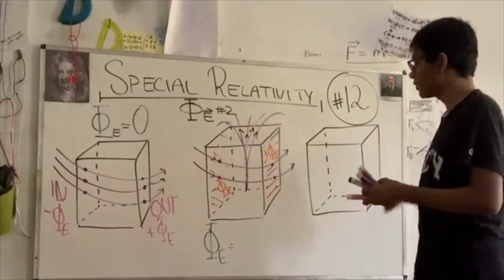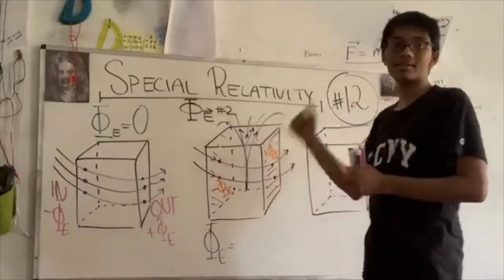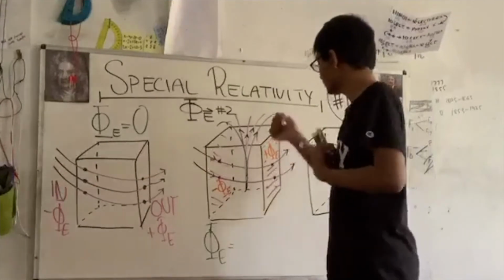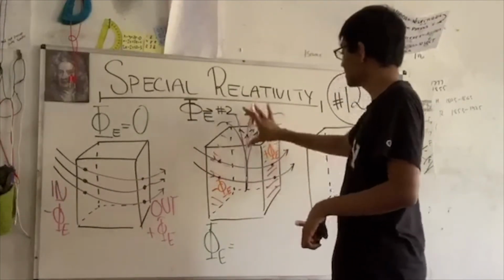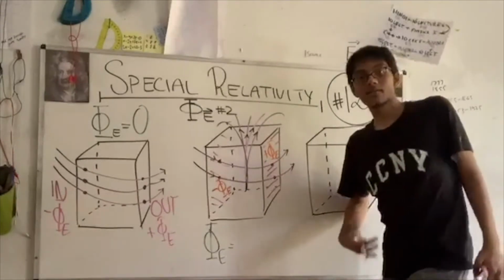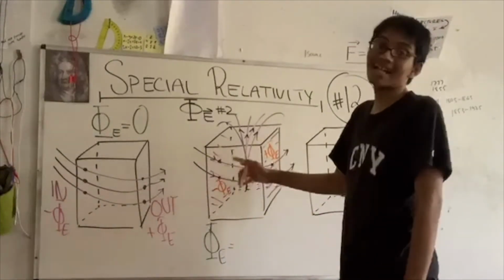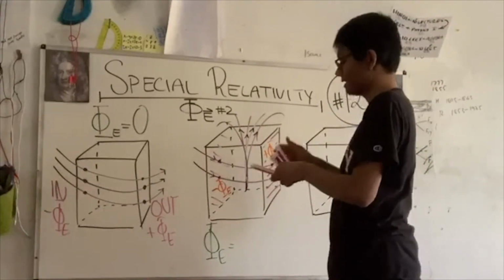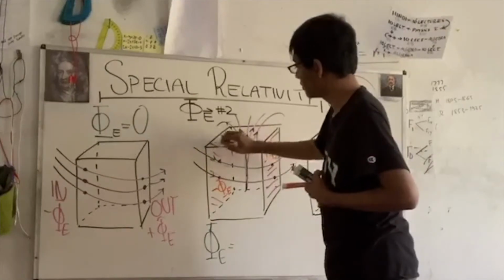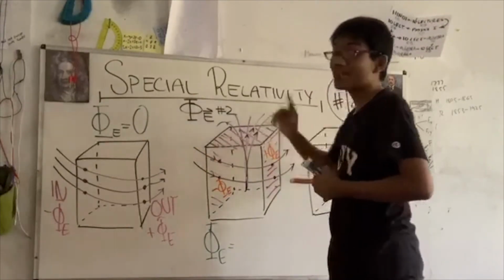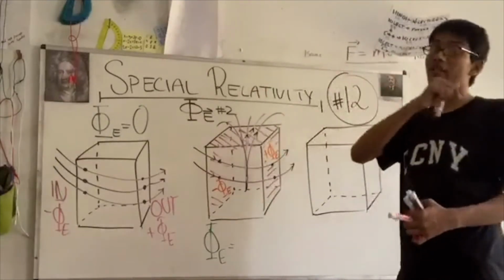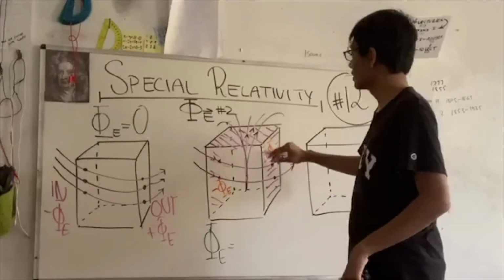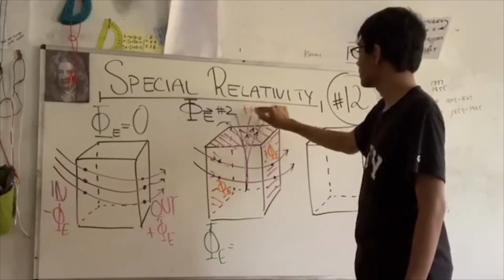What about those coming out? Well, they're obviously not coming in, they're just branching out from inside of the cube. So what's going to happen is that these field lines are going to create positive flux, right? Because the region itself inside is getting less dense. So we're going to have a positive electric flux through this part of our cube, through this surface. Remember, we're not dealing with volume, folks. We're dealing with surface. So please try to keep that in mind, because even I messed that up when I first started. So this is going to give me some positive flux,